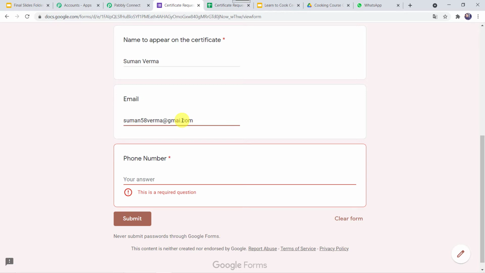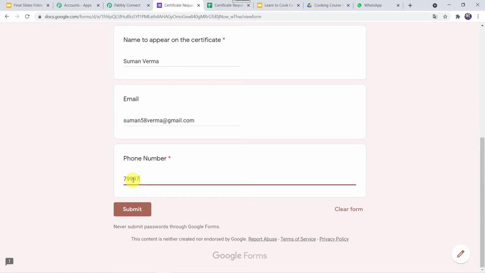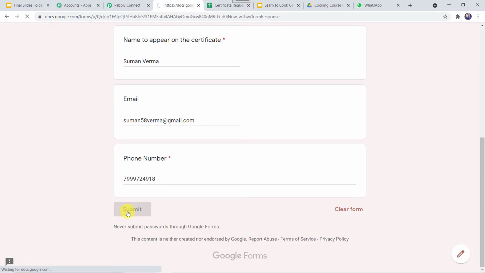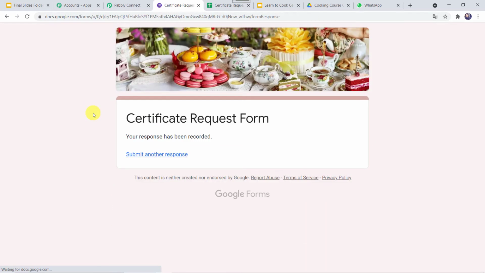Sorry, I'll just make it correct, gmail.com. Okay, and now let's give the phone number. And let's click on submit. So I just filled a Google form, the certificate request form, and your response has been recorded. So the response is recorded over here.